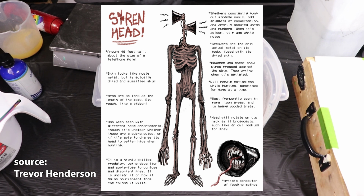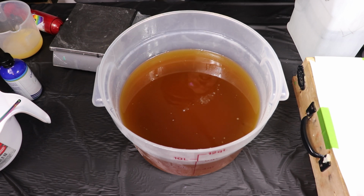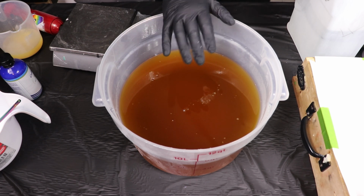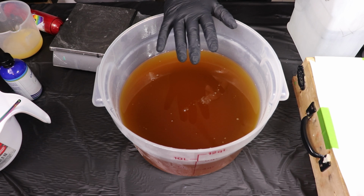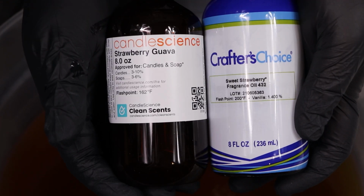And this soap is also kind of a collaboration with my son. With my 6-year-old son, who is the biggest Trevor Henderson fan. That child loves Trevor Henderson, and he loves Siren Head. And so he got to pick some of the details with this particular soap, starting with our fragrance, which is